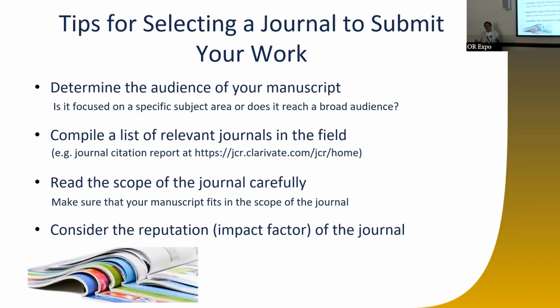Or some of the colleagues, even faculty members, sometimes work in an interdisciplinary field. You're not sure, okay, I'm using this approach, but I'm solving the questions of another field. So which journal should I submit to? These are all very good questions. So just based on my own experience, I thought about some points that I considered when selecting a journal for